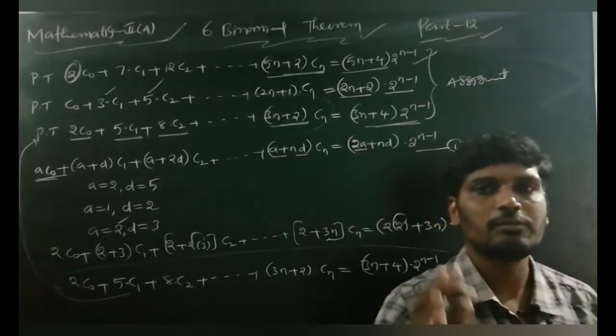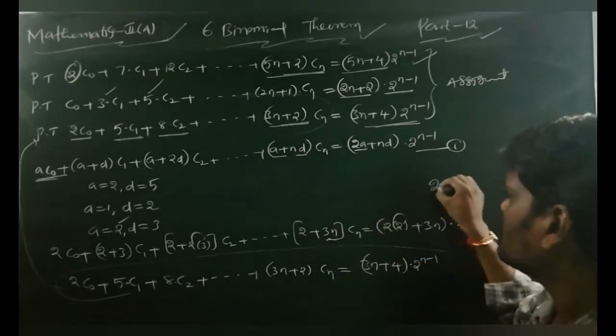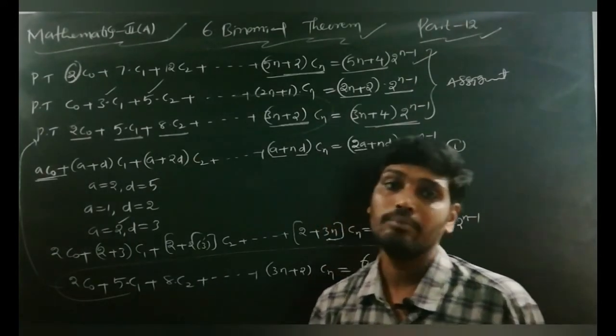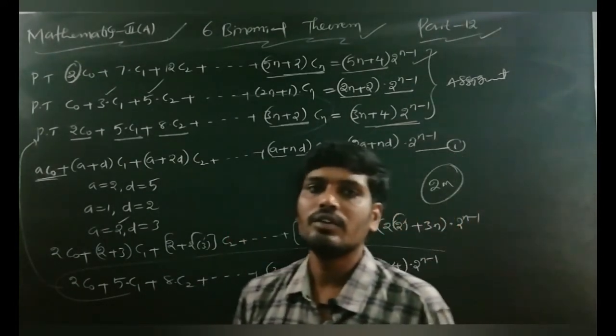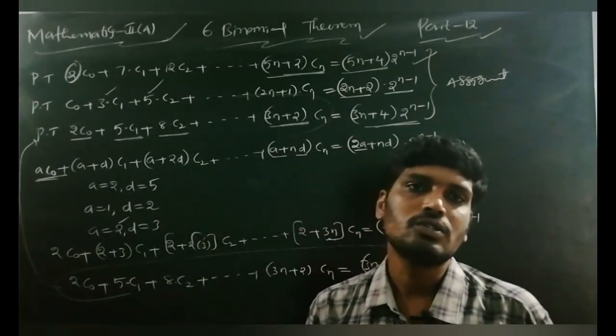This is the shortcut method for the previous problem. You can use this method for 2 marks questions, or from the point of view of JEE Mains, EAMCET and other exams. You can use this formula. But for the IP model, you should do the first model problem. Do the first problem model in full to get the answer.